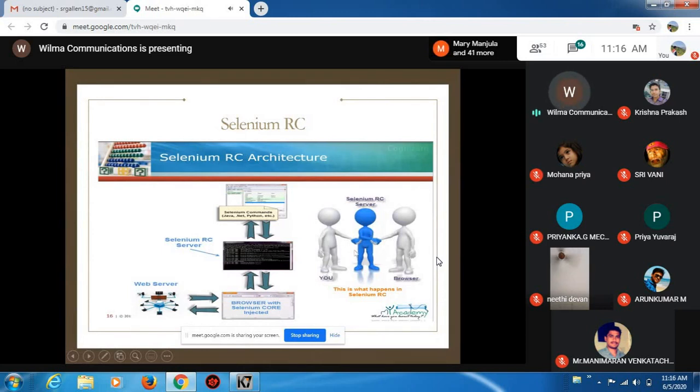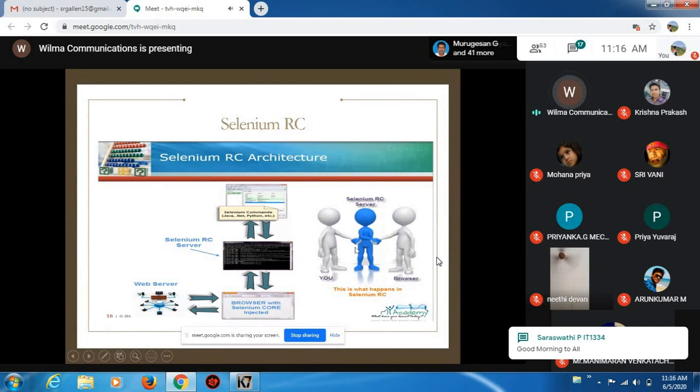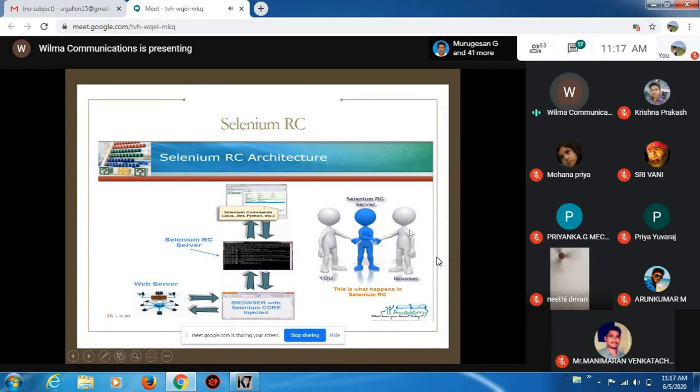This server is not actually your targeted one. This is your local server which is used to filter the request, and after filtration the request goes to the browser, and from the browser it reaches the appropriate web server. On the left side you can see this is my tool, Selenium.